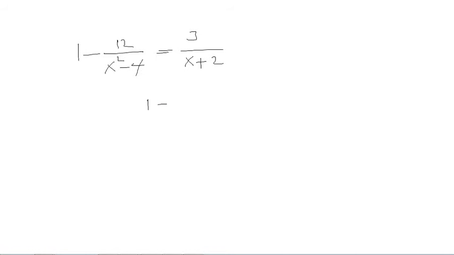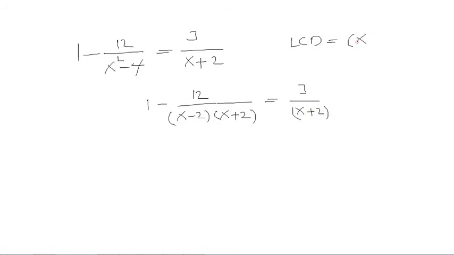So I have 1 minus 12 over x minus 2 times x plus 2 equals 3 over x plus 2. As you can see, the least common denominator here is x minus 2 times x plus 2, because this is all the factors that I have in the denominators. I multiply both sides by the least common denominator,